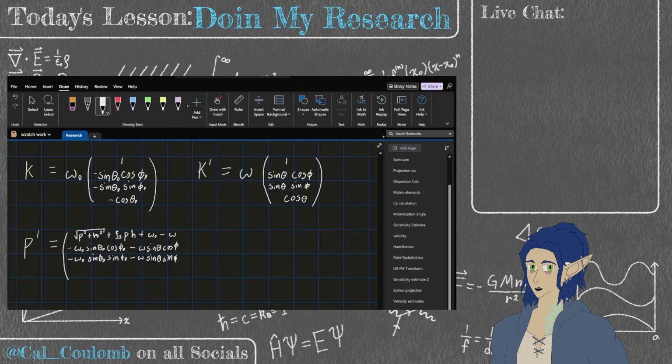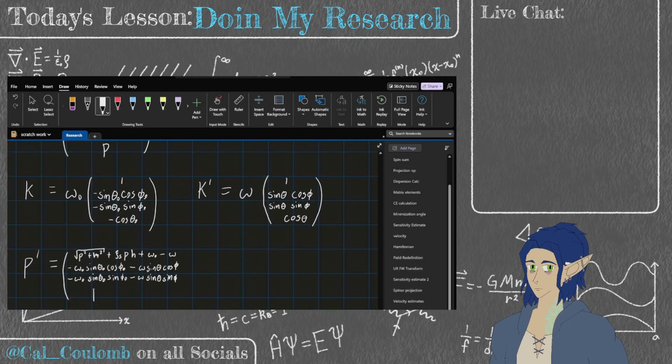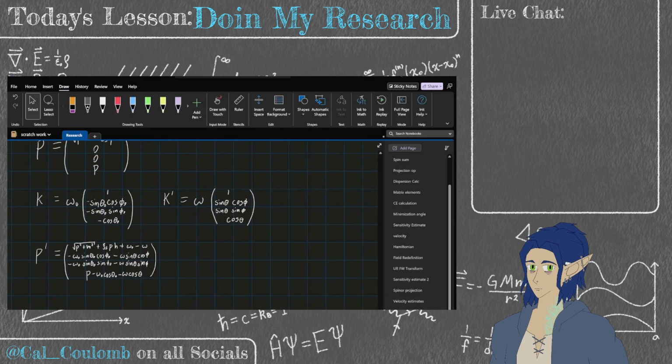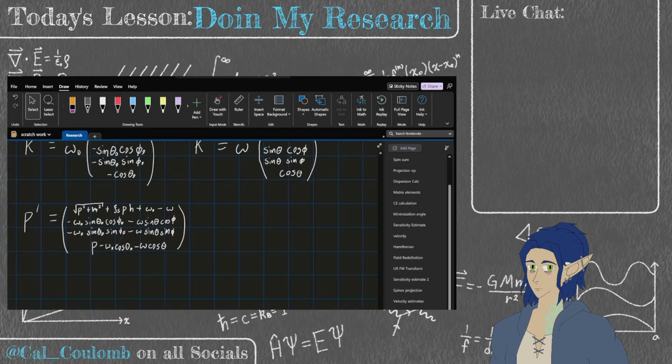And then lastly, we have P minus omega 0 cosine theta 0 minus omega cosine theta. All right. And then we want this to satisfy as well the new modified dispersion relation, which is